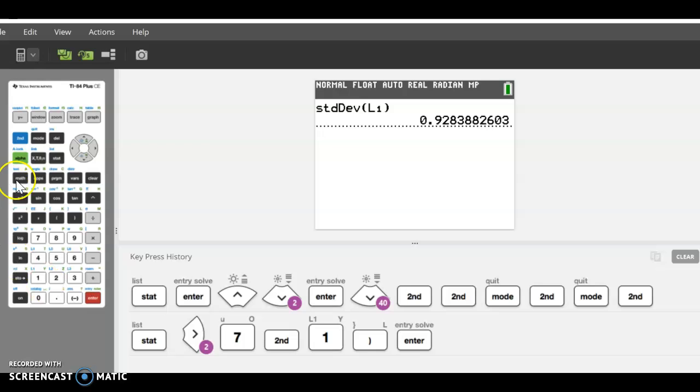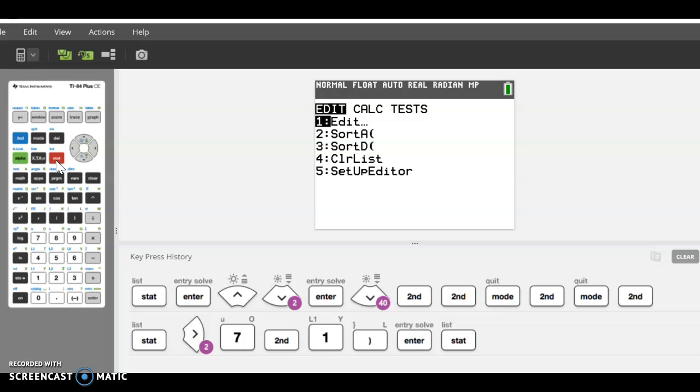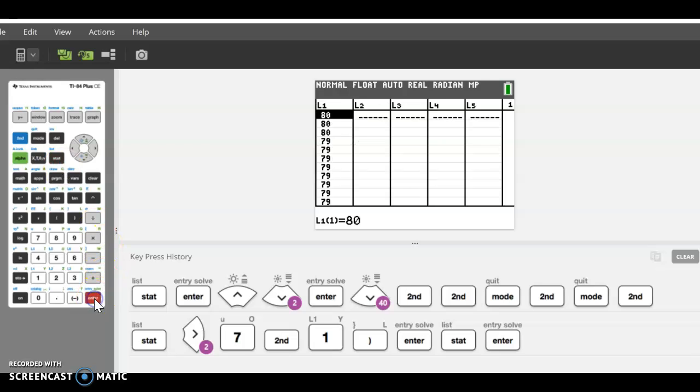Then you'll do the same thing, but you're going to do it now for city B. I'm going to hit edit. So what you're going to do is arrow over and then start typing in city B. So city B has 80 degrees 6 times, 79 degrees 3 times. You're going to type those in. And again,